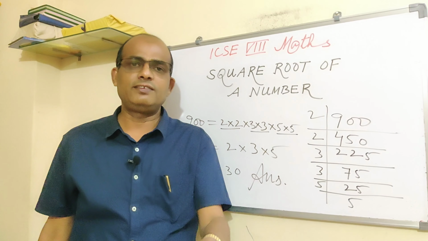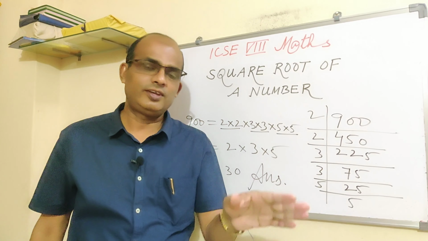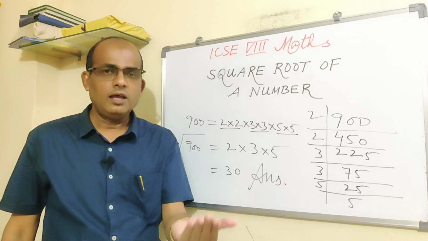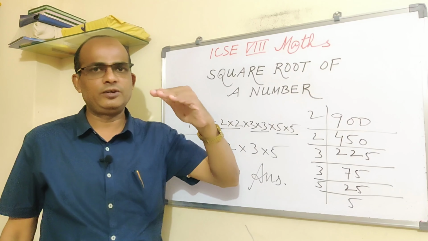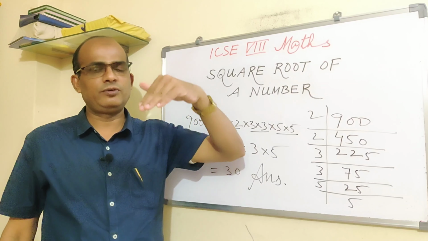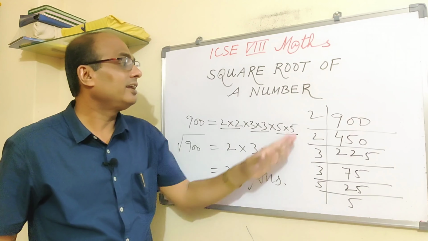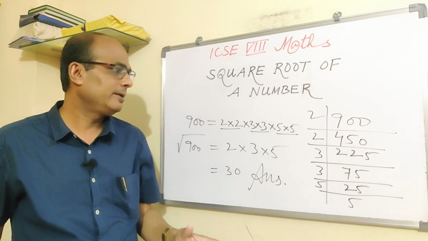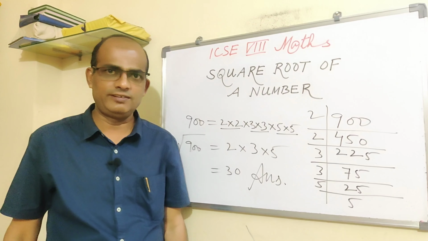Each and every question is the same. Even if you have a fraction, that is also the same. If it is a mixed fraction, first of all you convert that fraction into an improper fraction, and then find out the square root of the numerator separately, find out the square root of the denominator separately, and then again you substitute. So this is the only thing that you need to understand, how to find out the prime factors. Once you understand how to find out the prime factors, then any question you can solve very easily.